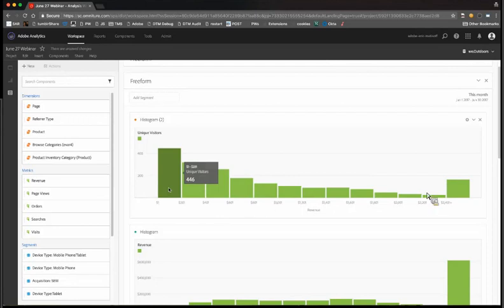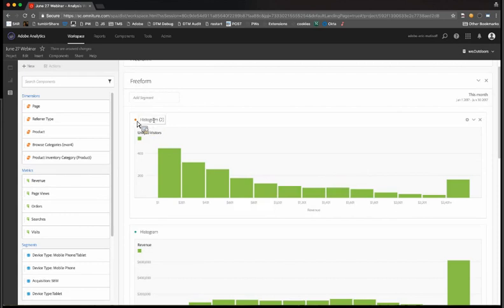We can see 1 to 201, 201 to 401, 401 to 601, etc. So it's a really easy way to understand how your visitors are making purchases or completing whatever your KPI is across the time. Keep in mind that since segmentation is used to define these buckets, you're actually limited somewhat within